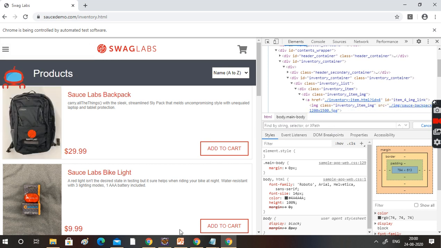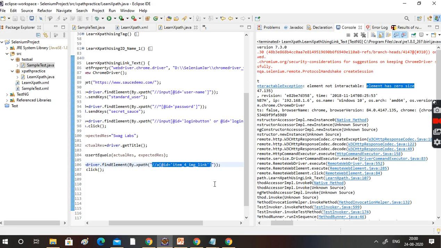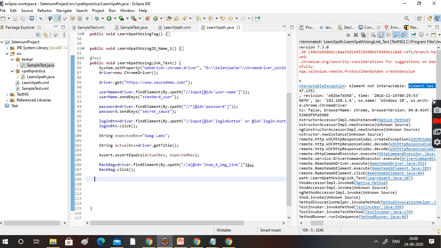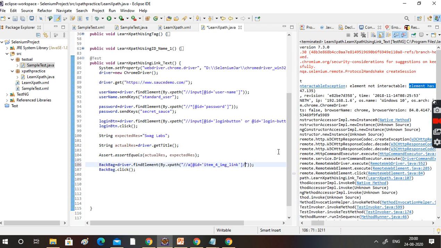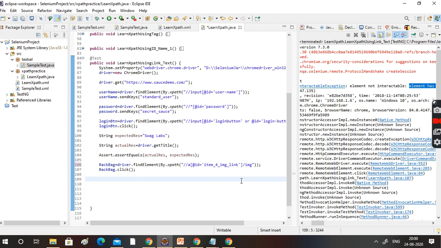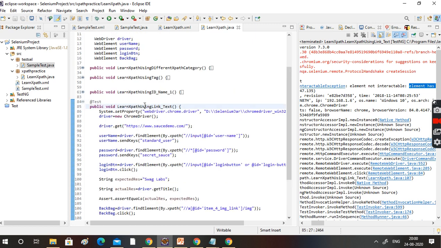Okay, now let's see. img or image? img, right? Done. Now let's run the program.